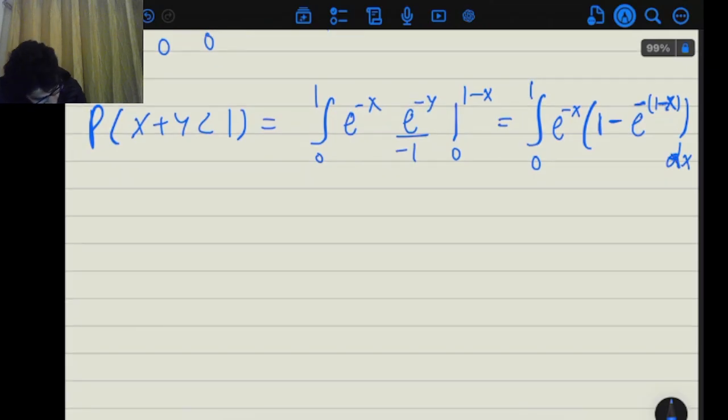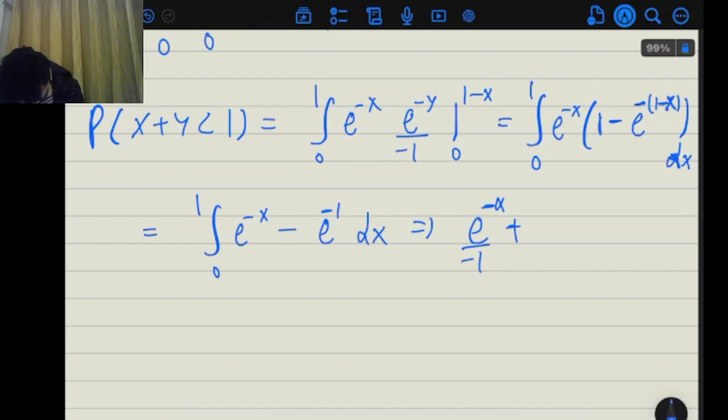So this becomes the integral from 0 to 1 of e to the power minus x and minus e to the power, now minus minus positive, and this becomes minus 1 positive x minus x, so this becomes 0. So this gives me this term only, and I'm left with e to the power minus x minus 1 minus minus positive e to the power minus 1 minus 1. So this minus minus gets cancelled, e to the power minus 1 divided by minus 1 minus 1 minus 1 positive, and from 0 to 1 this gives me e to the power